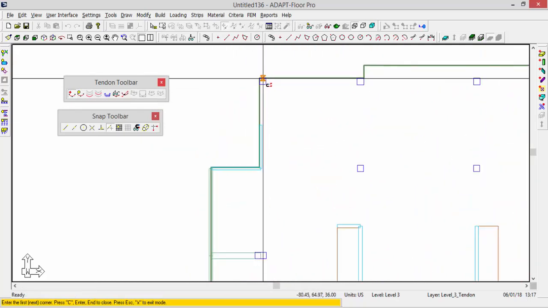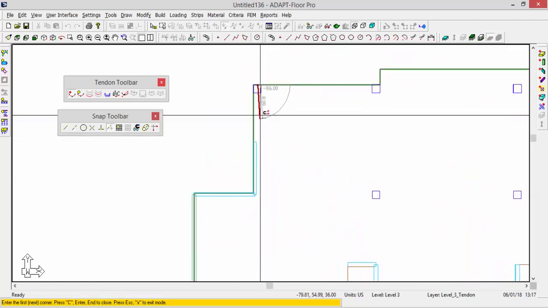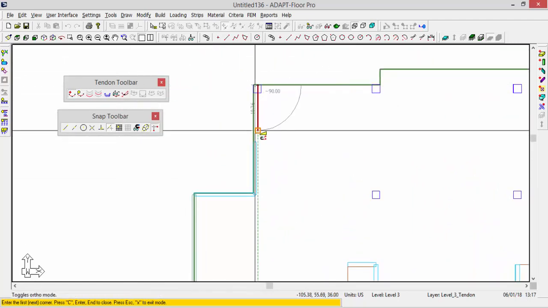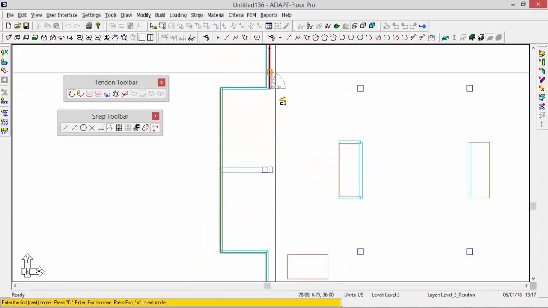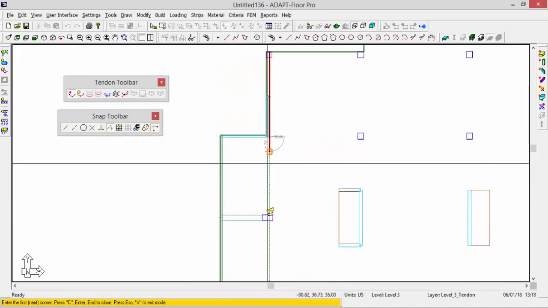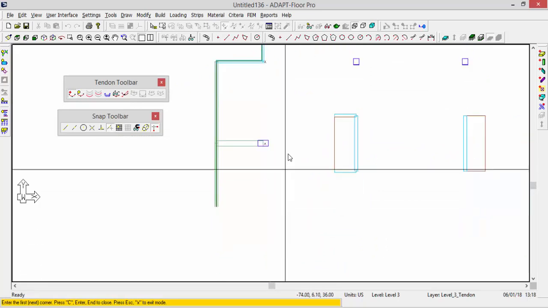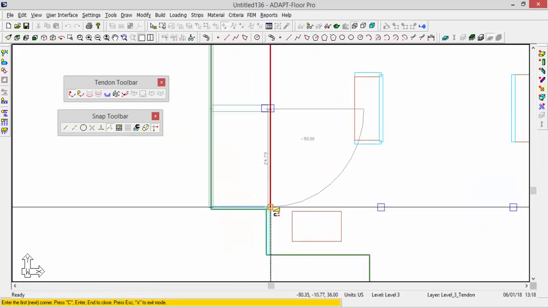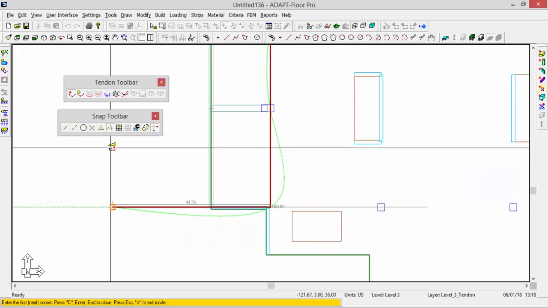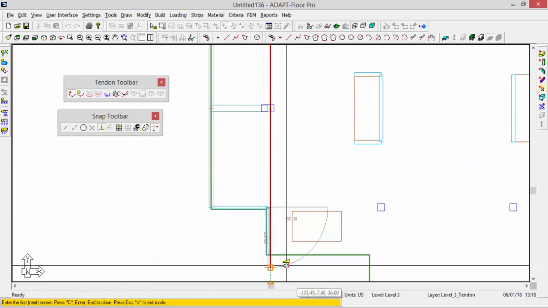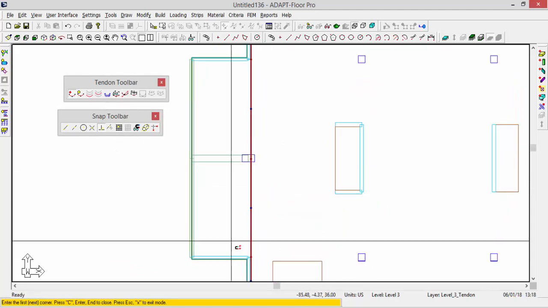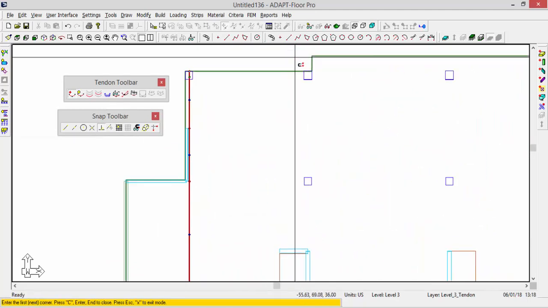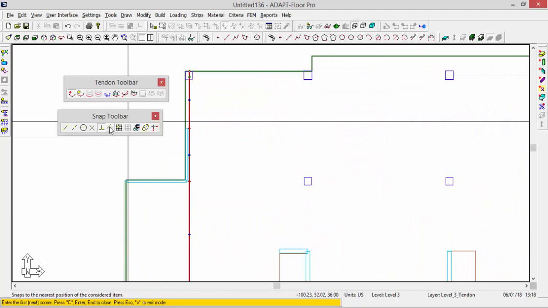We'll create a banded tendon here, and this banded tendon I'm going to use snap orthogonal. It might be anchored at the wall. It will extend straight over the wall. We have a support point, which is a column, and then another location here where we have a tendon that's straight over the wall. I'll turn off snap orthogonal so I can snap to that point,